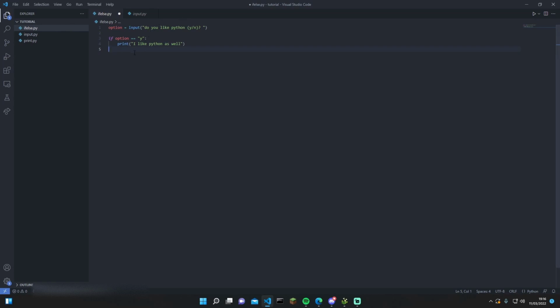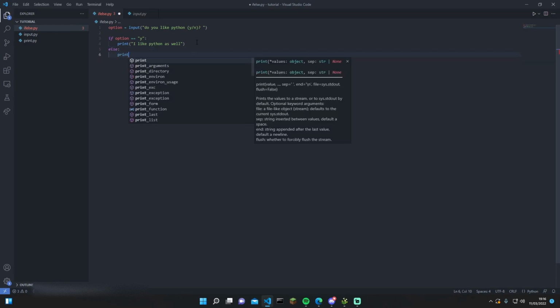So if the option is y, then it will say I like Python as well. And then what if we wanted to do something if they inputted something else, like no? Then we're going to do else and a colon. So if else, that's why they're called if else statements. Well, they're actually called if statements, but they can also be called if else statements. And yeah, you could do print